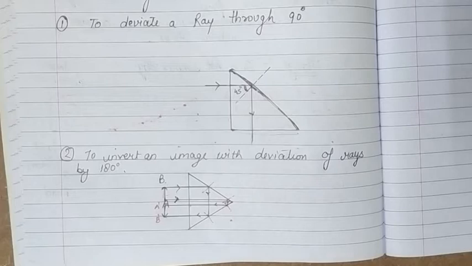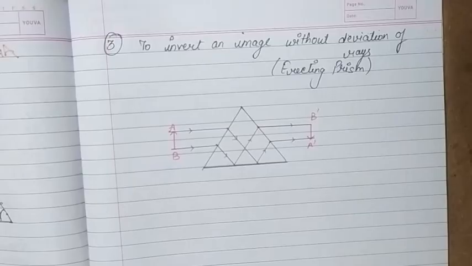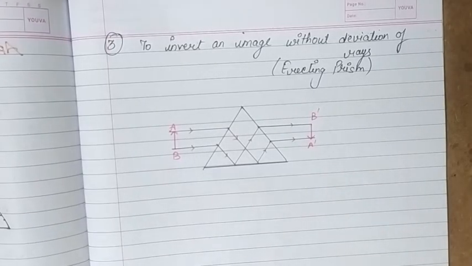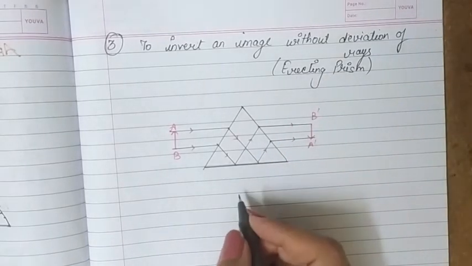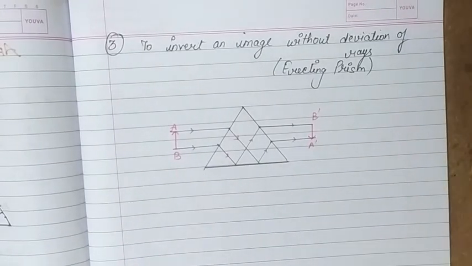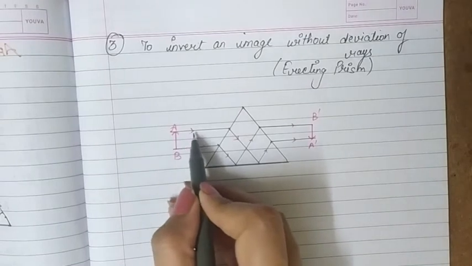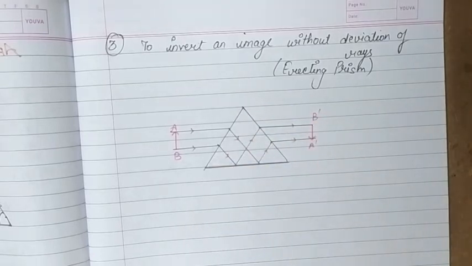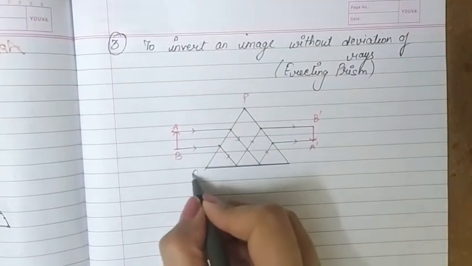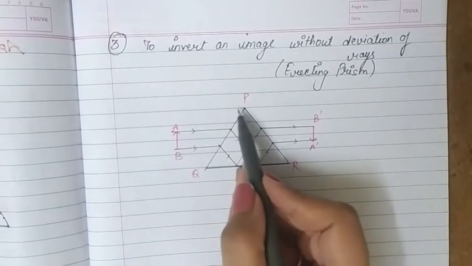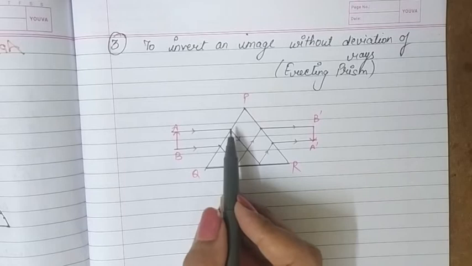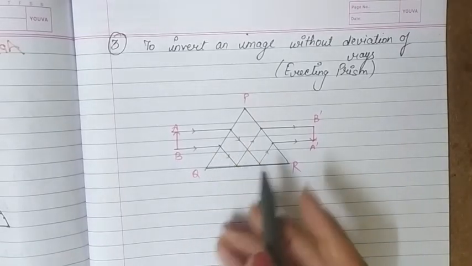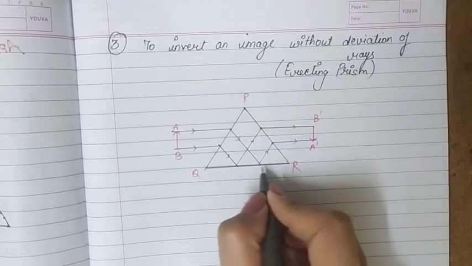Now the third use is we can invert an image even without deviation of rays. So we can also invert an image without deviation of rays, and this is called an erecting prism. An erecting prism helps us to invert an image without deviation of rays. So here we can see that rays are going like this, and they are incident on the face. I'm naming it as PQR, then it is the face PQ. So the rays are incident on the face PQ of the prism, enter the prism and get deviated, they show refraction. But when they are incident at the face QR, now here they show